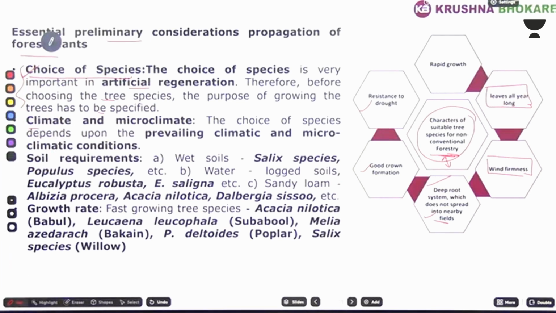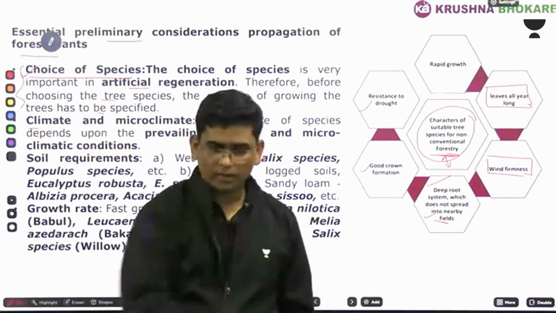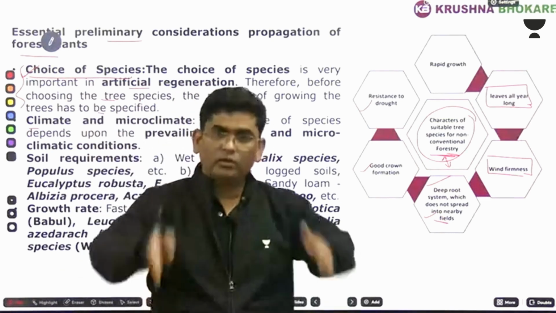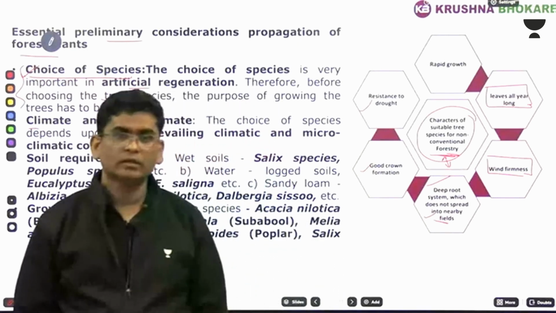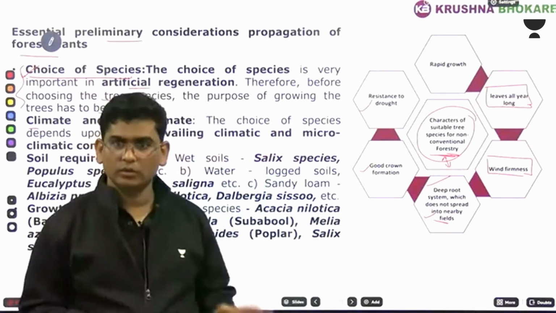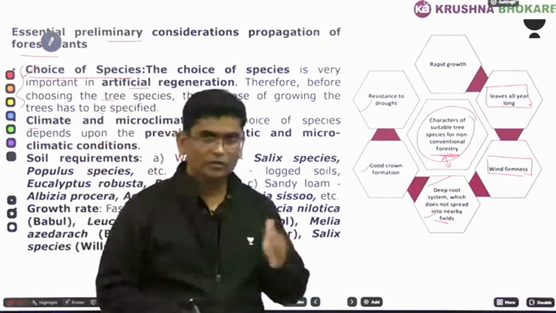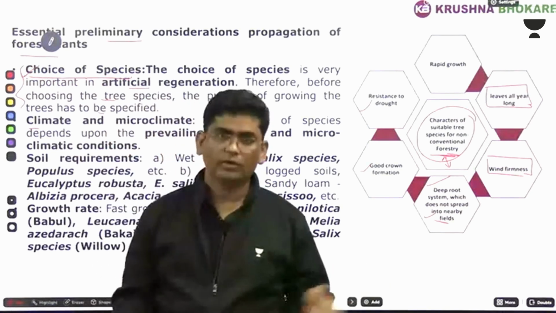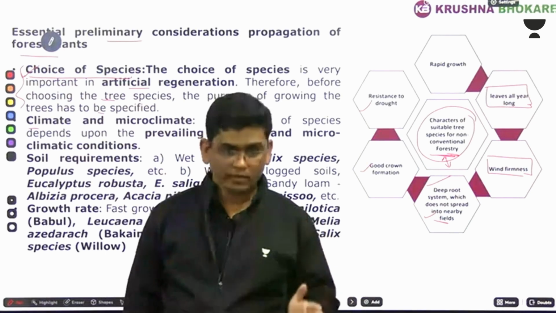Then climate and microclimate. Let's say I want to grow a tree as an avenue tree. Avenue tree means this is a highway and my office is also 500 meters from that. I have to grow trees on both sides, so which type of tree will I select? Evergreen or deciduous? Evergreen, so it should look good, है ना? So if there is heavy wind, I am a coastal farmer, there is continuous damage of crop because of wind, which type of tree will I choose? One which will act as a good windbreak.